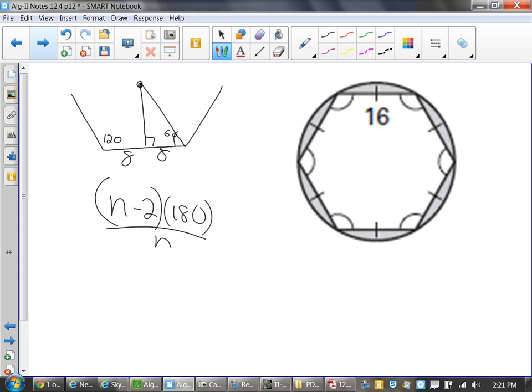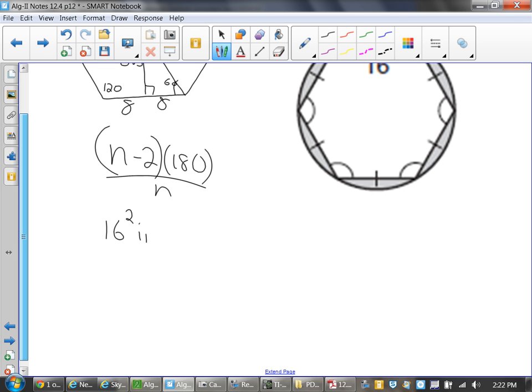It wasn't that long ago. We just did trig a couple months ago. 8 root 3. And then what's the radius? 16. So to get the area of the shaded region, I have to take the circle, subtract the hexagon,